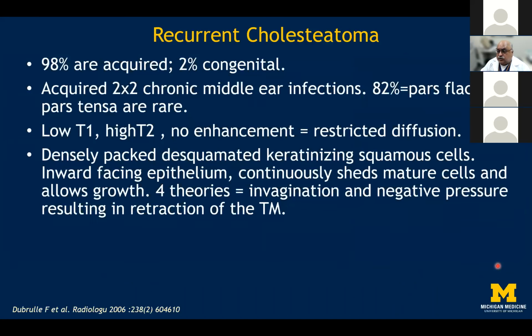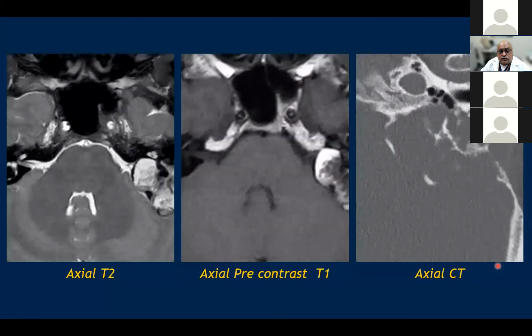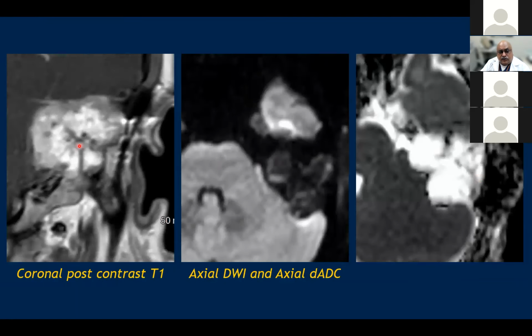The idea was to show the restricted diffusion with whatever amount of material you have in the operated case. So the chances are that this was a recurrent cholesteatoma. This was another patient who had shown this lesion in the petrous bone, which had shown a spiculated osseous component here. On the pre-contrast, it had shown some sort of a fluid there. There was a destruction on the CT, and this was the post-contrast imaging showing that there was this enhancement there,